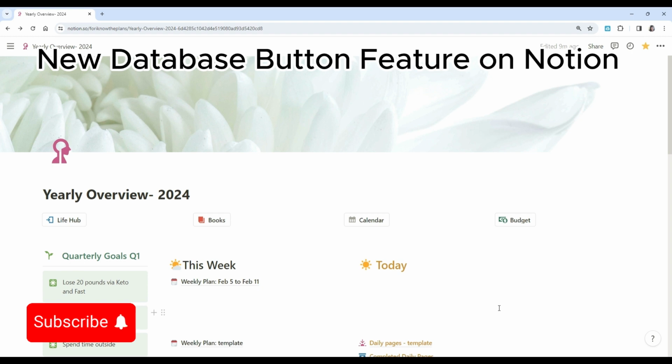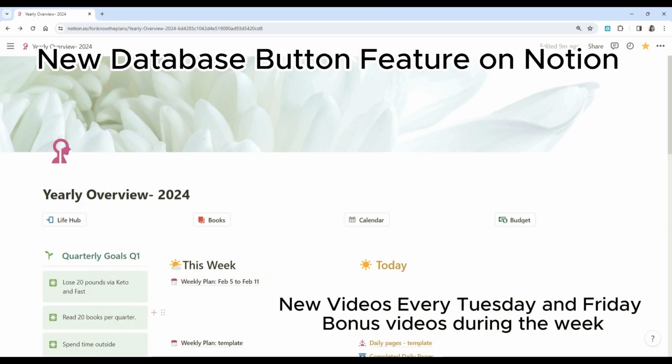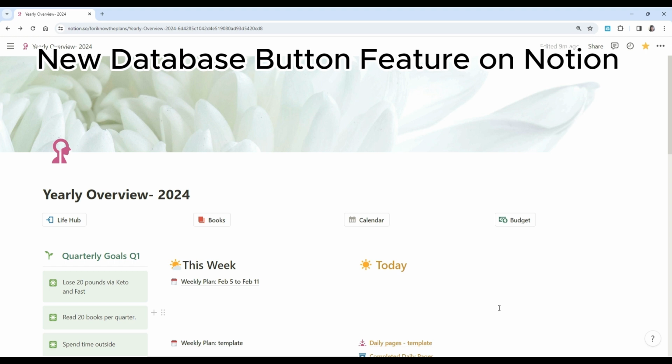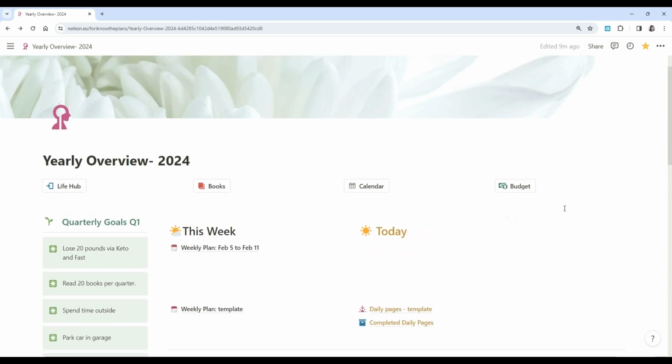So today I wanted to share with you all some of the changes that I have made to my Notion page, just based on the newly released buttons feature in the database. So now you can access buttons in a database and create automation with the buttons there. So on the page that we're on right now, this is just an overview of my Notion